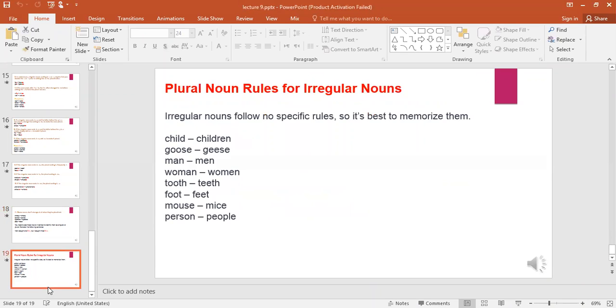Now we move to plurals that are called irregular nouns, in which the word changes completely after pluralization, like child, children, goose, geese, man, men, tooth, teeth, woman, women, foot, feet, person, people, mouse, mice. These are called irregular nouns. They change completely after pluralization. In this case, I've told you before that I prefer if you memorize these words. Is everything clear? Any questions? Raise your hands if you have any question.